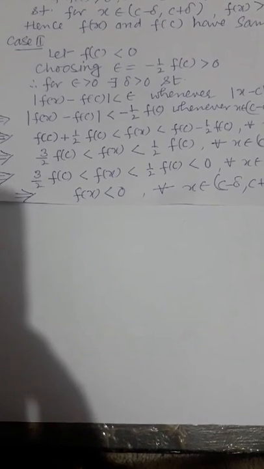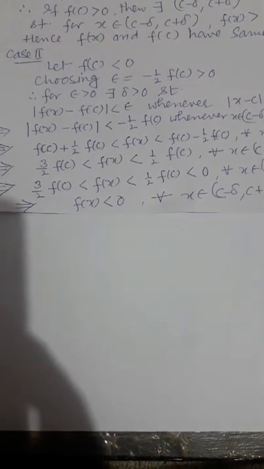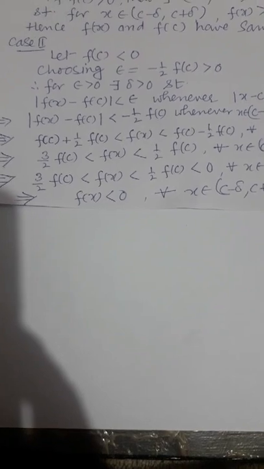So in the condition of continuity, we choose epsilon equal to minus half of f(c). Since f(c) is negative, minus half of f(c) will be greater than 0. So using this in the condition of continuity,